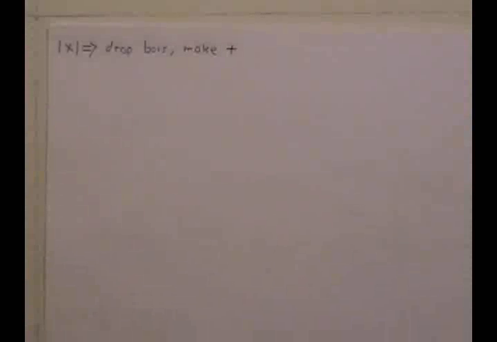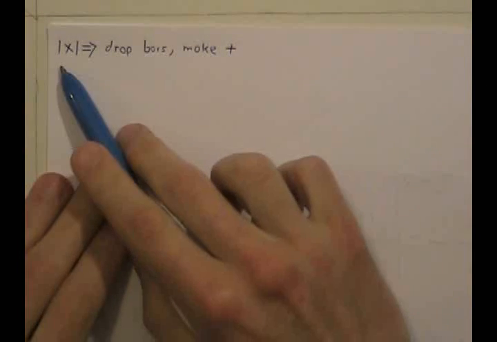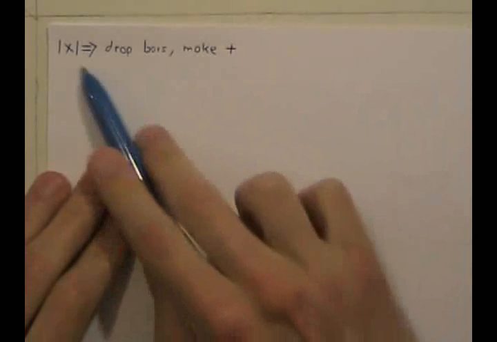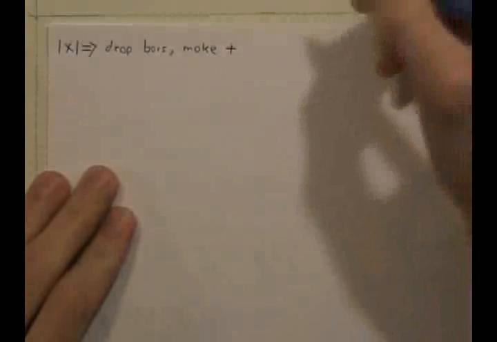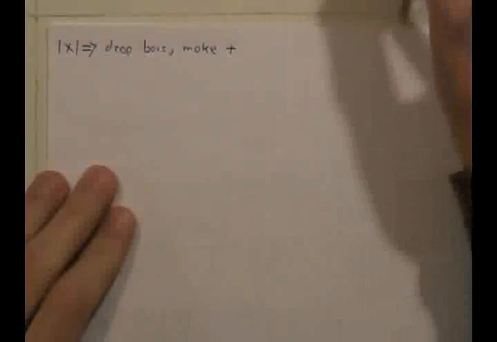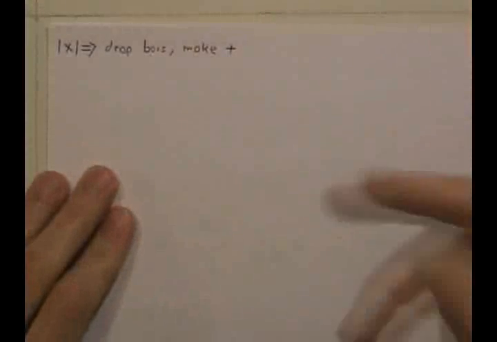Absolute value equations and inequalities are pretty easy to resolve if you just think about them in the right way. One interpretation of the absolute value bars means to drop the absolute value bars and make whatever's on the inside positive, if it's not positive already. So, for example, if we have,